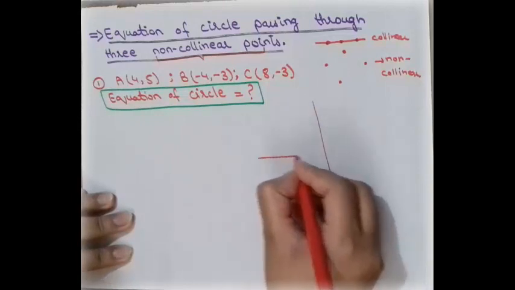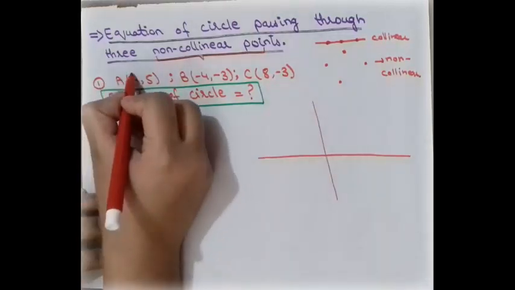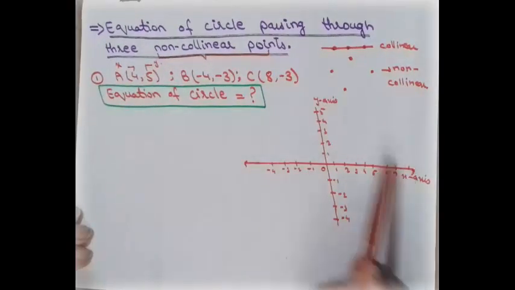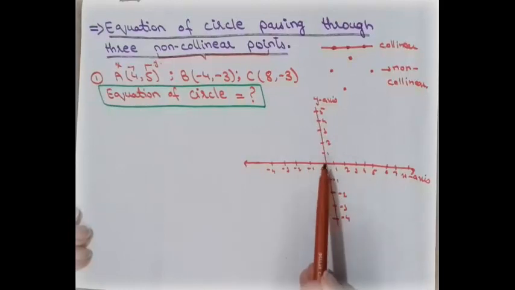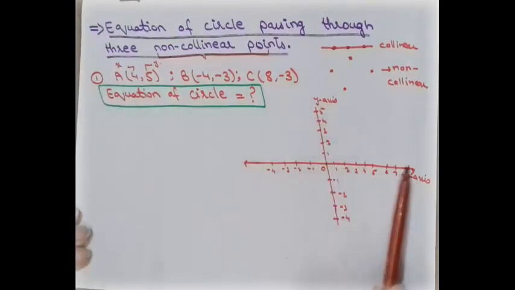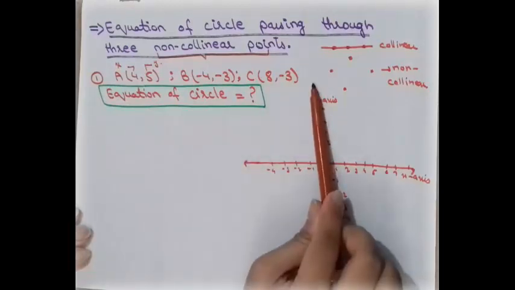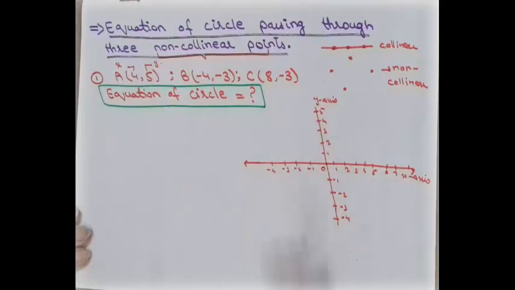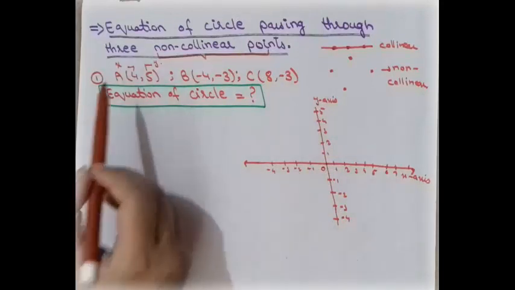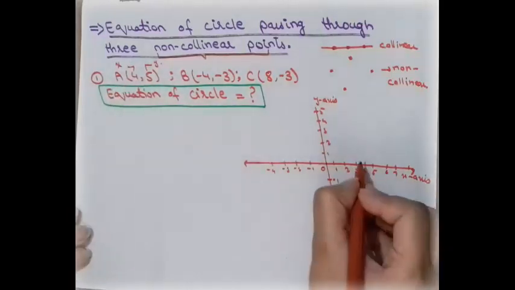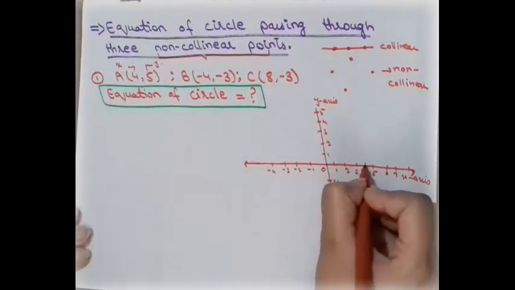As we write this form, this is called the x coordinate and this is the y coordinate. This is called the x-axis, this is called the y-axis, and the point where they meet is called the origin. This is the positive x-axis, this is the negative x-axis. In a similar way, this is the positive y-axis and this is the negative y-axis. So we plot it. First of all, this is the x coordinate and this is the y coordinate.